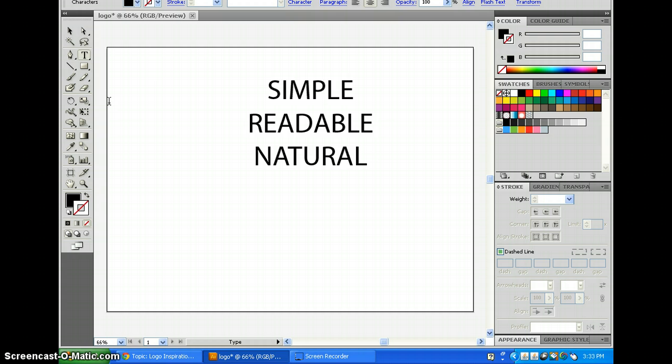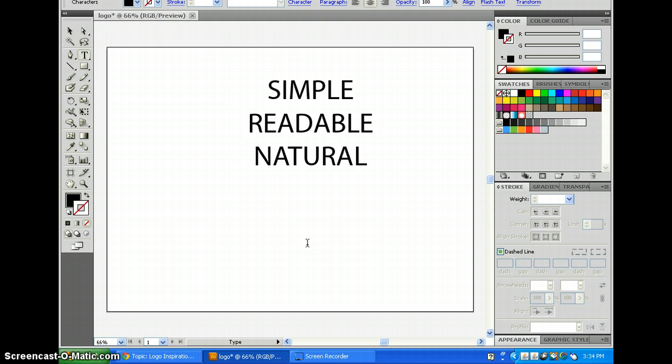So it's always good to have some natural aspect in everything we do, especially as we try to make a logo